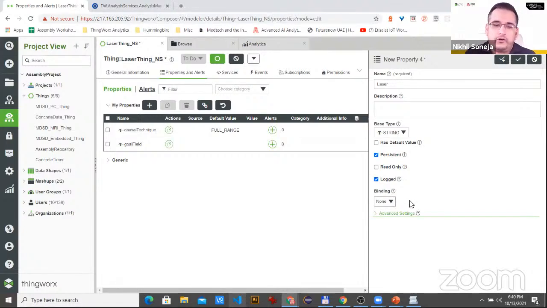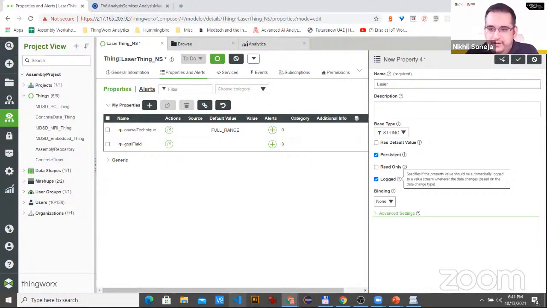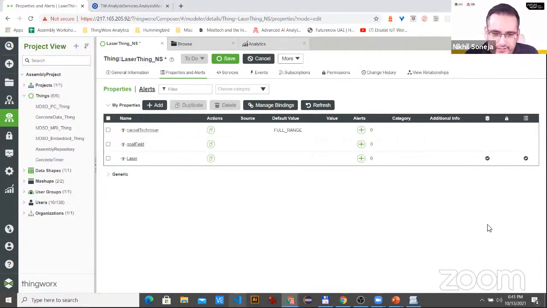I should click on persistent and logged. Persistent and logged data has history. So any data that is being written, if you are storing the history, not just the current value, it needs to be logged. You can see the description. We've used this in the past. We need a value stream with that. A value stream is another object. I haven't created a value stream yet, but we will do that. Laser is a value, so even when the value changes, it'll still store the history of the value, and you will be able to access that.